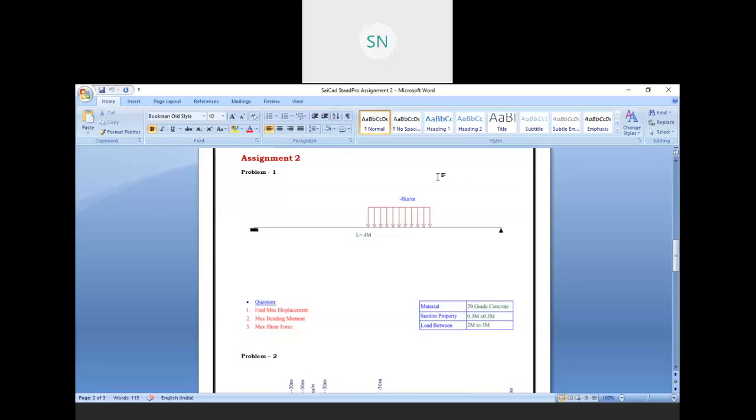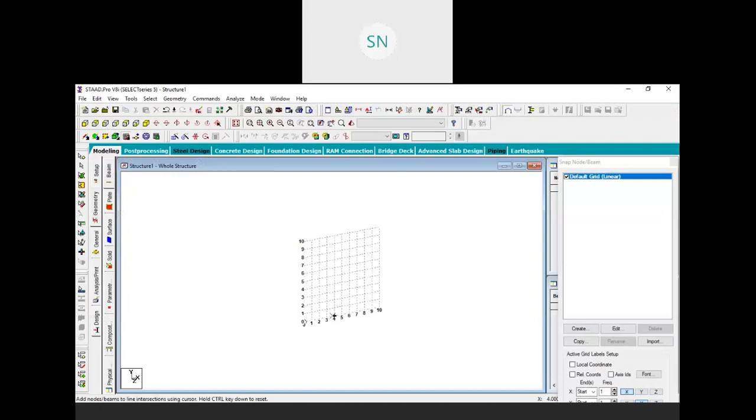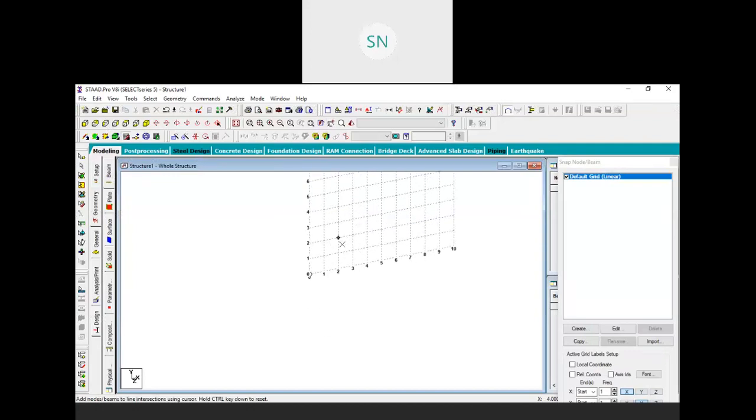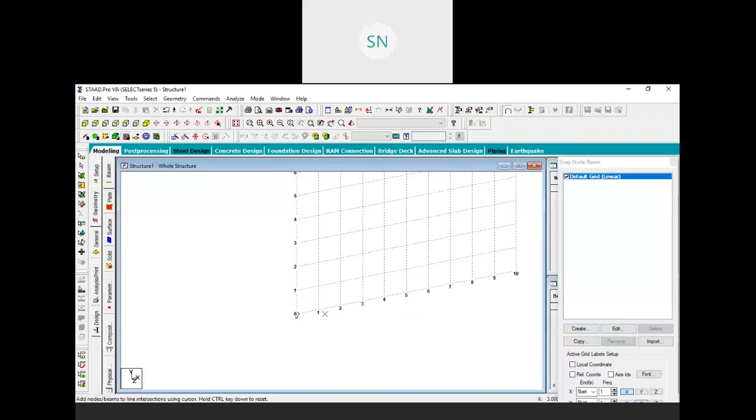So what is our first task? Task 1, modeling. Step 1, modeling. In the modeling we have only a single beam over here, one beam. So let me finish our modeling first. Here I am using the snap nodal beam tool, and we have to create a beam which has a 4 meter span, so from 0 to 4 meter.